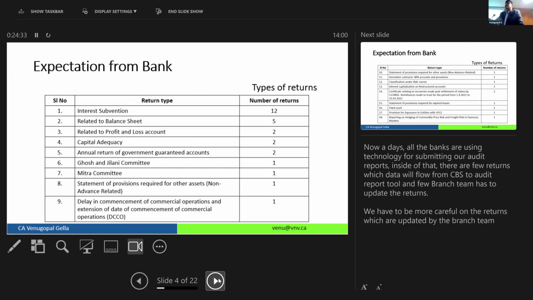One important thing here you should be careful about. By the way, in the system, anything is possible. After you signed that nil government guarantee, the central office says, how are you signing nil? There are two accounts where there is a central government. Please go and change. Then they will come to the auditor saying that, okay, this has to be revoked. So in the central office section, they will unlock the certificate, removing the digital signature.